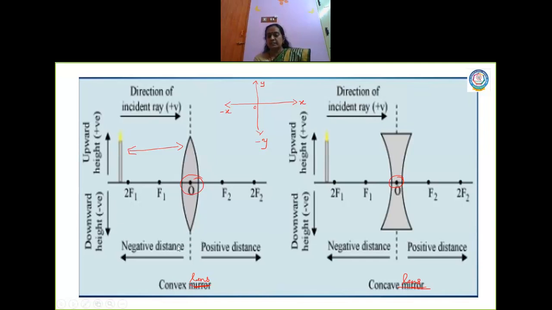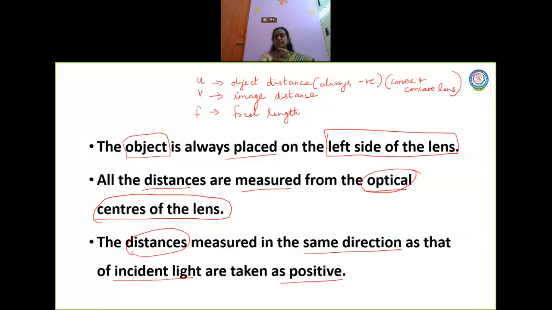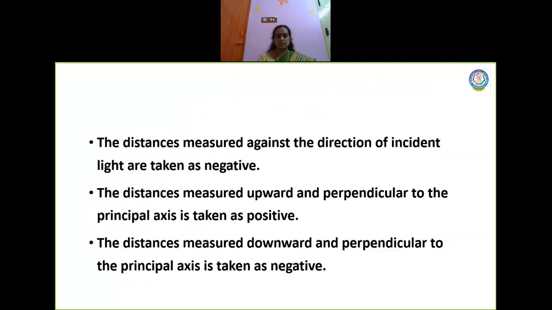So for the convex lens, five real and inverted images are formed. So all the 5 values are measured as V. All the V image distances, as far as the convex lens is concerned, for the first 5 values are taken as positive. The last value is a virtual and erect image, that is on the same side of the lens, that alone will be taken as negative. That is according to this rule.